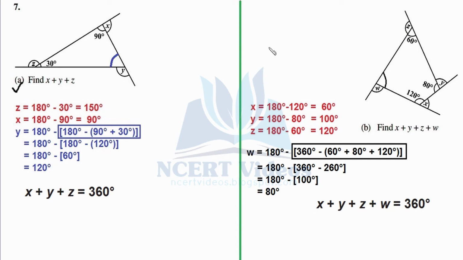Now, similar to this A part, we cannot directly apply angle on a straight line property. First of all, we need to find this angle that we have represented with black color. Similar to this A part, we are given rest of the angles of this quadrilateral, and we know very well the angle sum property of a quadrilateral is equal to 360 degrees. So if we will subtract all these measures, that is 60 plus 80 plus 120, from 360 degrees,